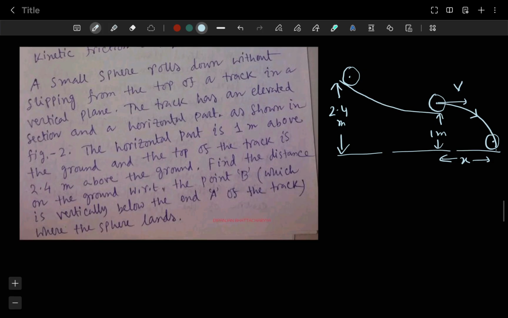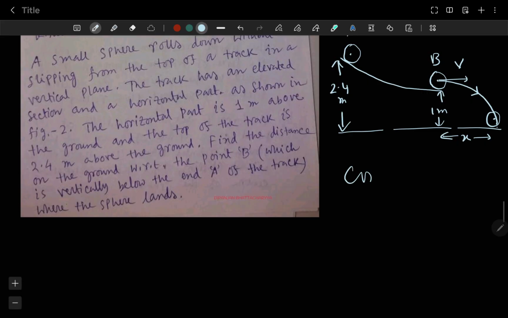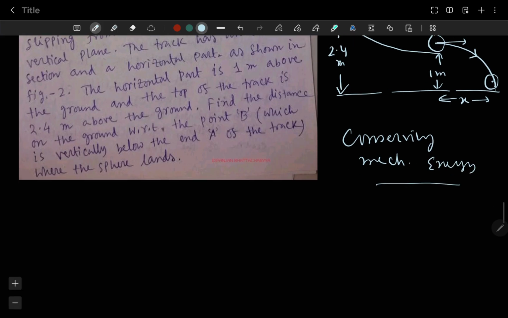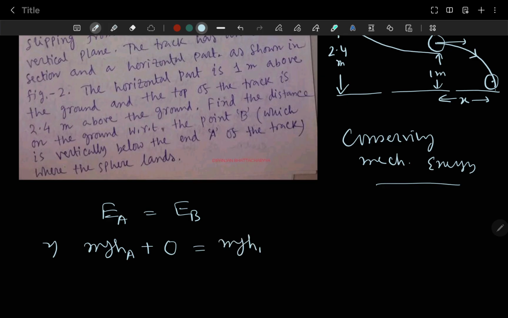Suppose this point is A and this is B, call it. So conserving mechanical energy, what you will write? EA equals EB. So what is EA? It is mgha, the gravitational potential energy, and the kinetic energy is 0, it is at rest. Now what is EB? It is mghb,